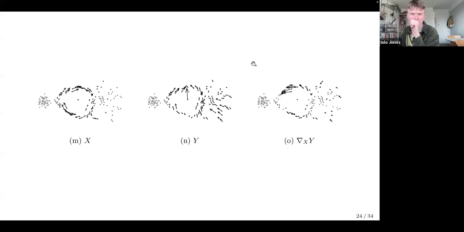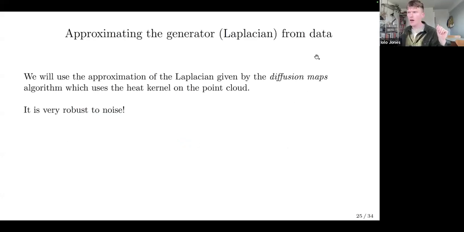So I do want to touch very briefly on the computational aspects of this, although not in a ton of detail. This is going to be a very brief overview. As I've been emphasizing, the key thing is the Laplacian and how that gives you the carré du champ, and the carré du champ gives you everything. So